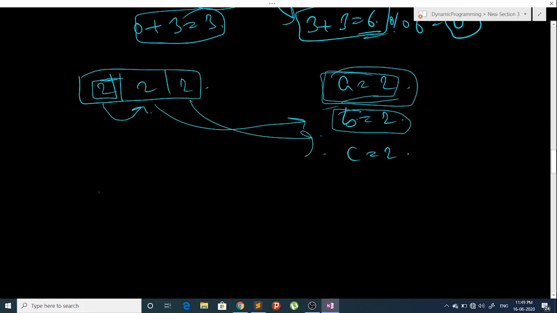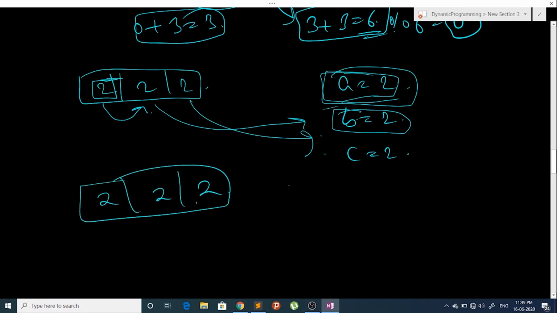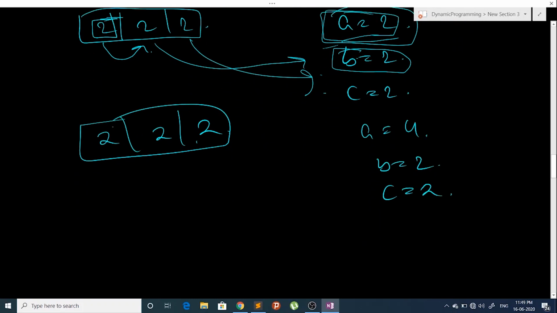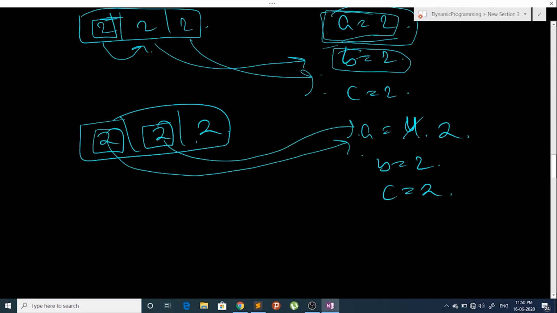Now let's see another example. Let's say we have found our size array like this, and we have a frequency array like this. What we will do here is see that I can take 2 a's here. So I'll make it 2, and again I will take 2 from only this character, and then I will move to the next character. So this is another example.